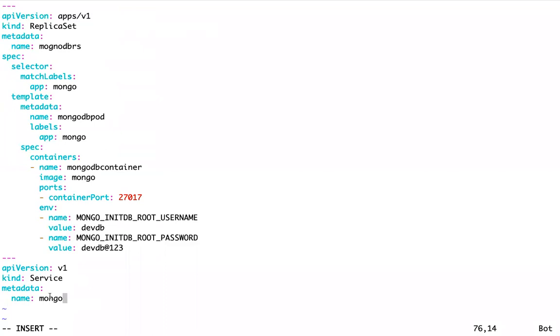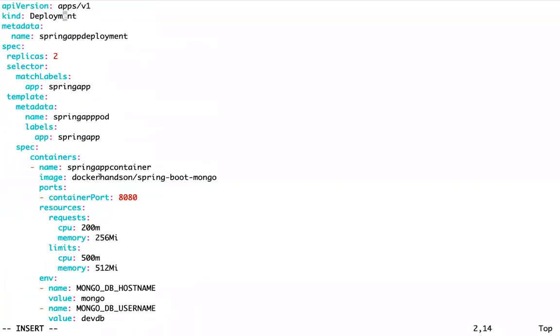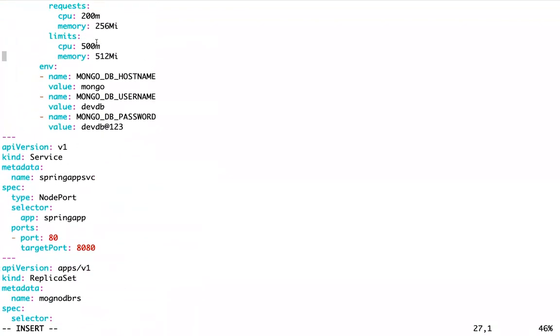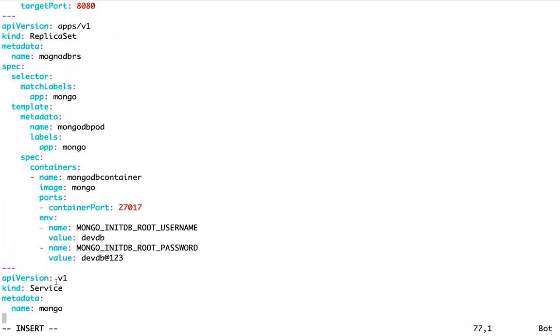If I create something else, it will not be able to communicate. The front end application will not be able to communicate if I don't have a service with this name. My front end application is passing the database host name as Mongo, so with the same name I am creating a service.